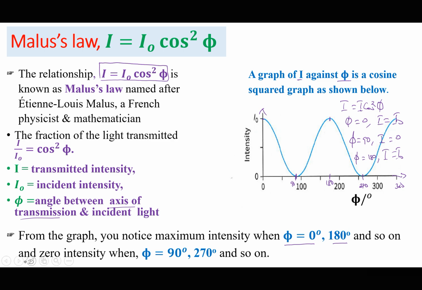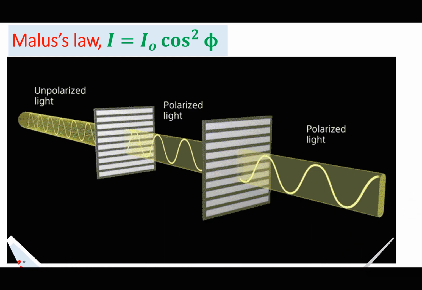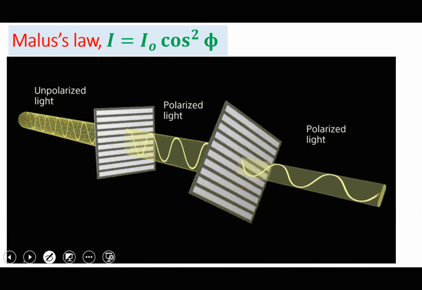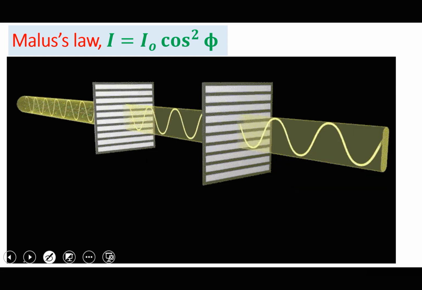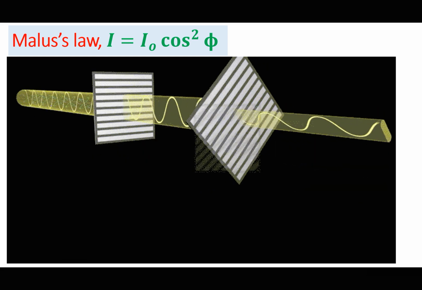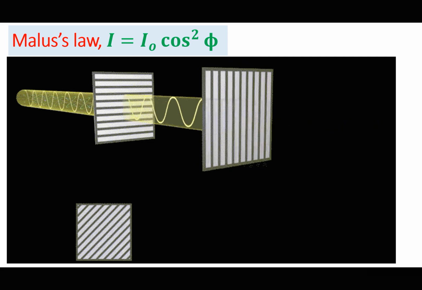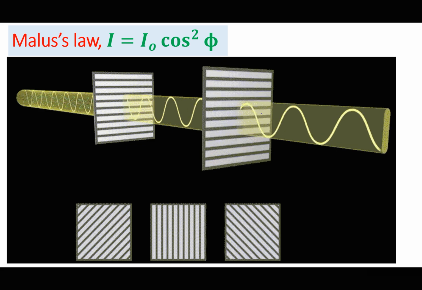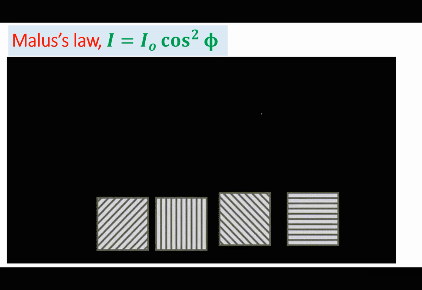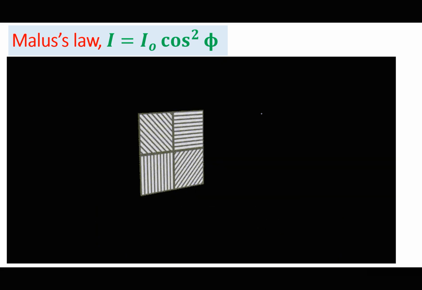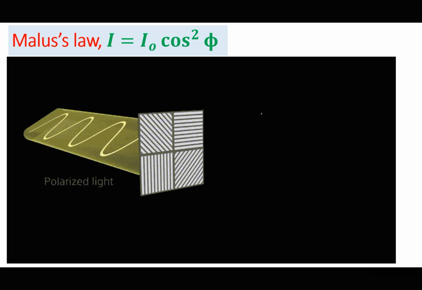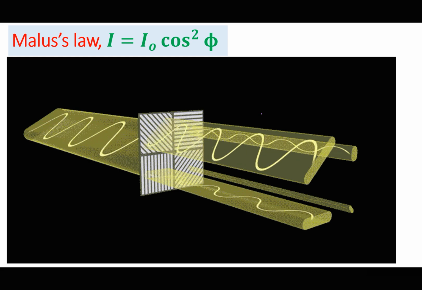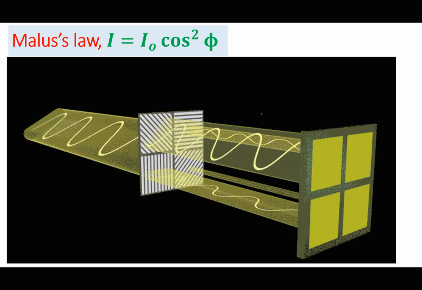So I showed a simple animation here for people who don't understand what I mean by polarization. This animation is just showing you how polarization takes place. Initially, we have light with vibrations in more than one plane before reaching the polaroid. And then we have the second polaroid, which is being rotated through several other angles. And you see what really happens when light goes through all these polarizing filters. This animation gives an impression of what really happens